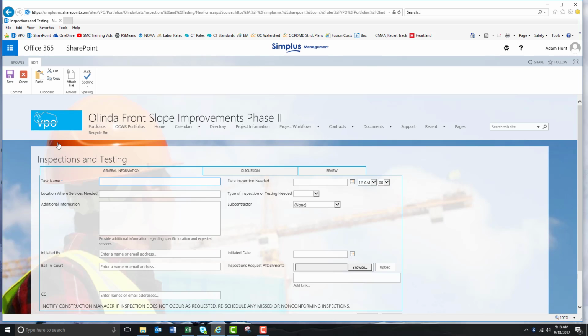So once Sukit or your contractor or any CQA consultants request some kind of inspection, it would be updated in a VPO under the Inspections and Testing tab, which they can create a new item and start filling out all the information, including task name, the date they would like the inspection, locations in which the service will be required,